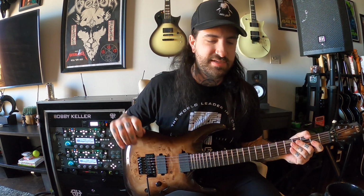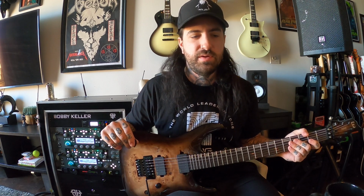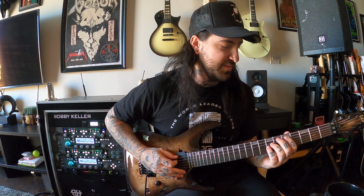And I guess what they did is it has a drive in front of it, a boost, whether it's the Grind pedal or the 33 pedal, I believe. So it has that basically in front of it, but it sounds great. I mean,